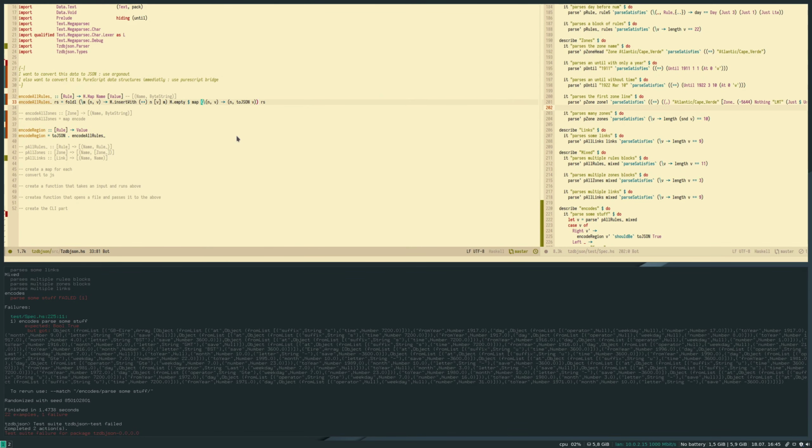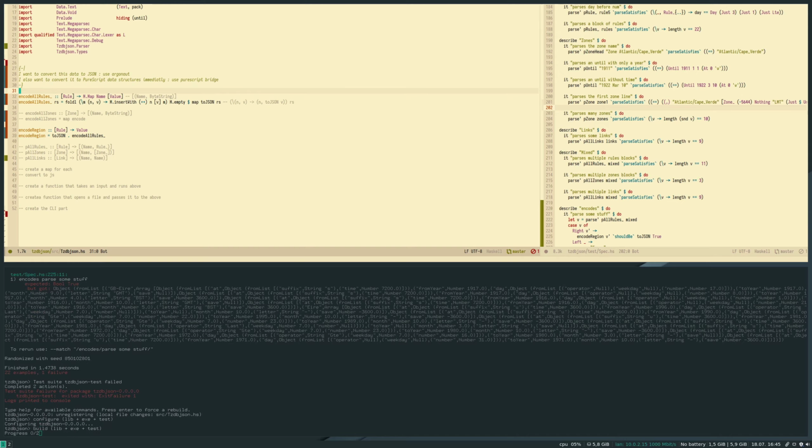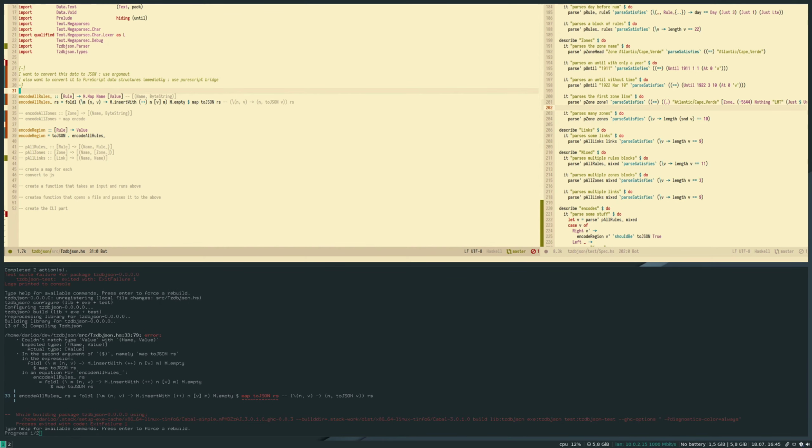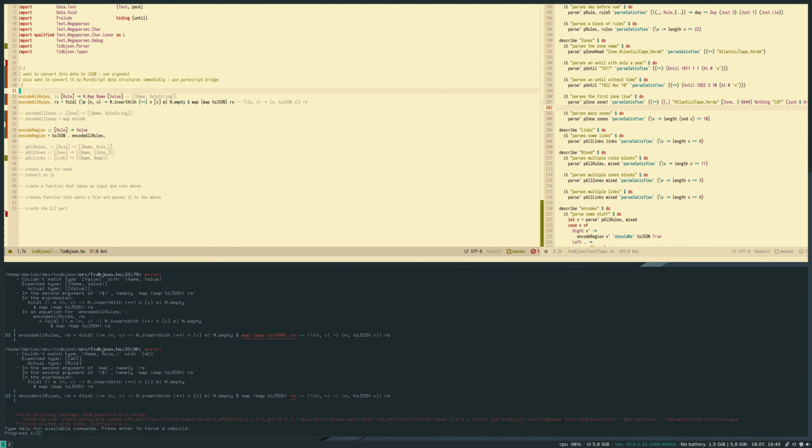Okay, I think it was working before because I had different issues in my file. Yeah, map. Why?